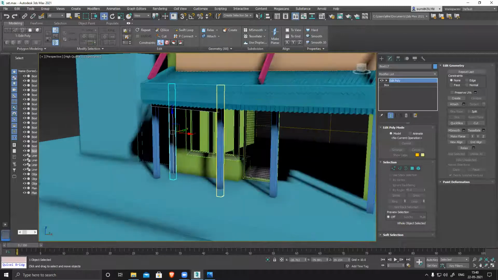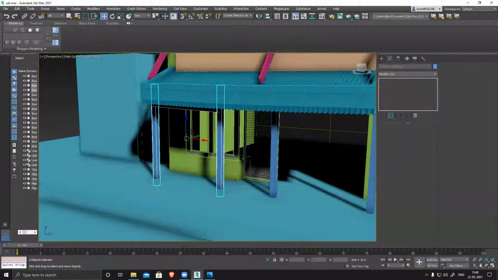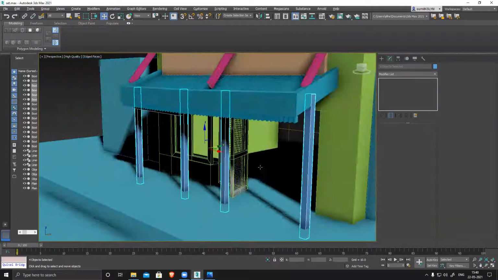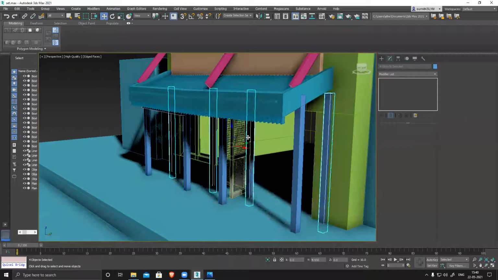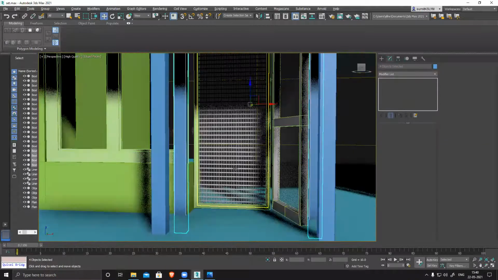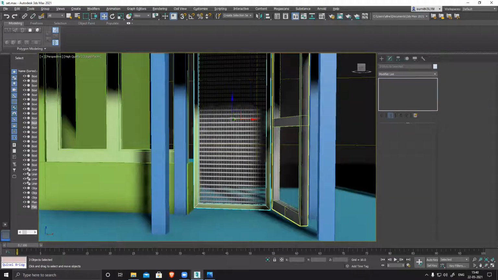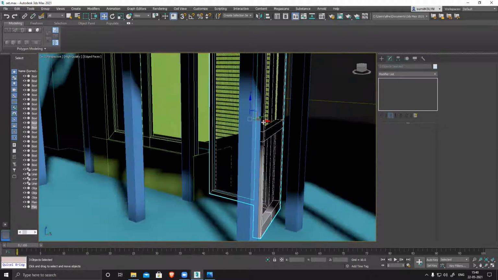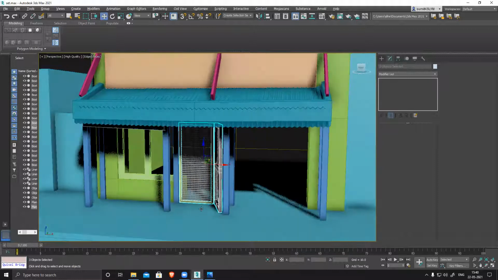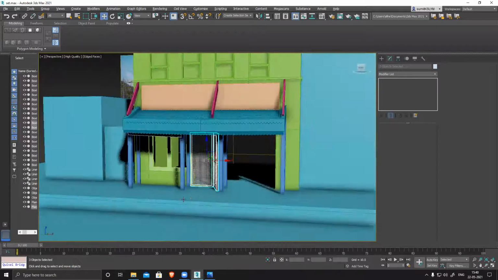That means, okay, if I delete this one, select all four of them and shift and duplicate. So they will be aligned nicely. Everything will be perfect. Now I feel this door should come out slightly outside somewhere here. Yeah, now it's way better and looks fine.